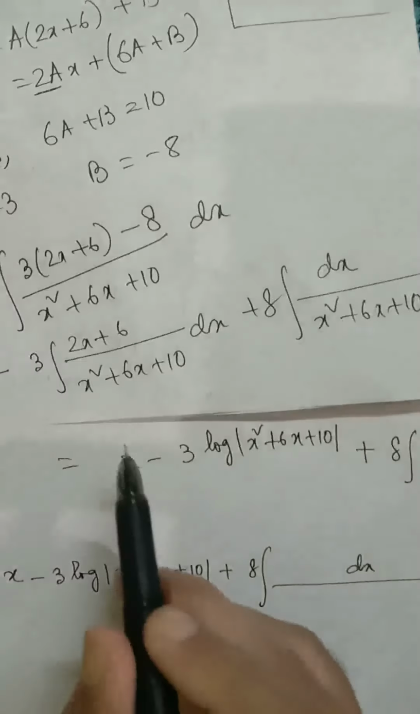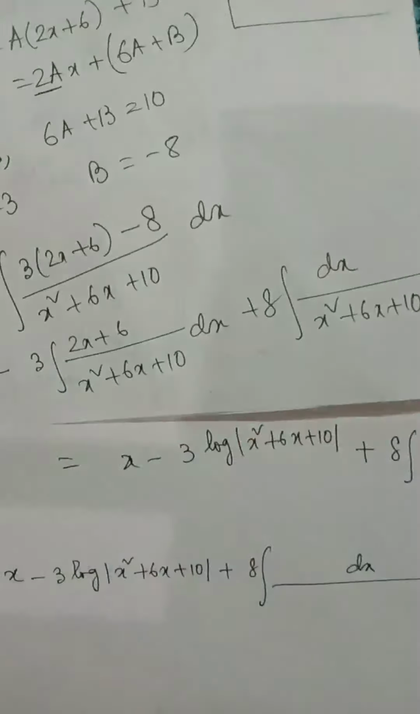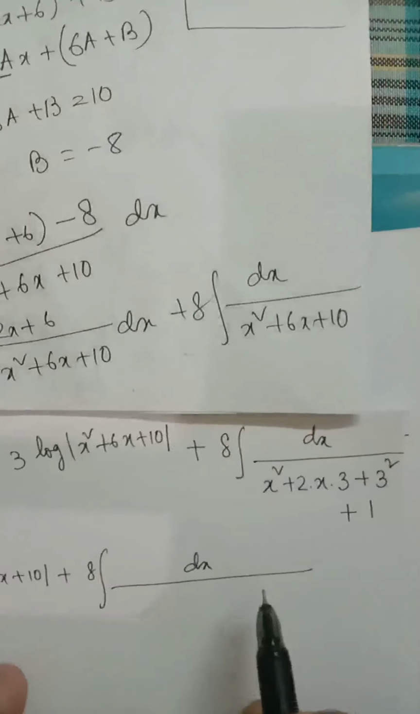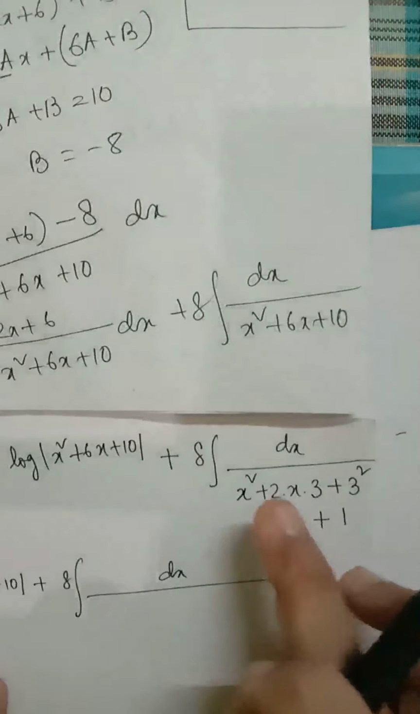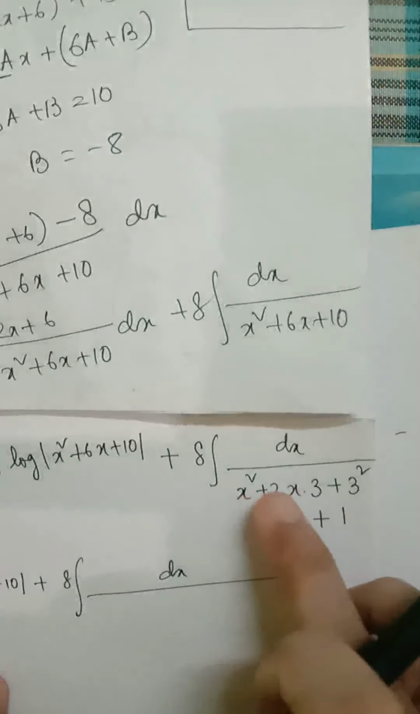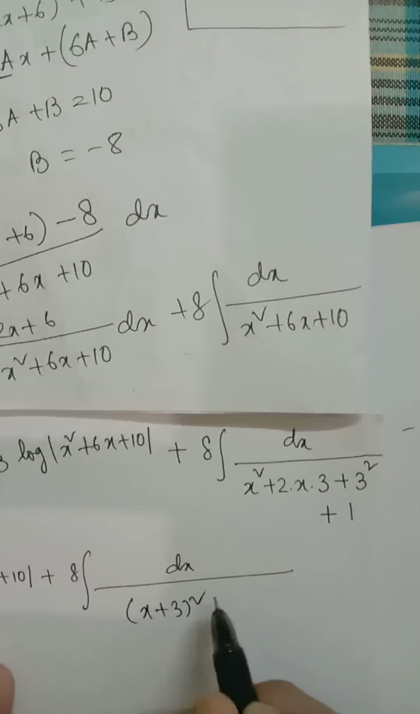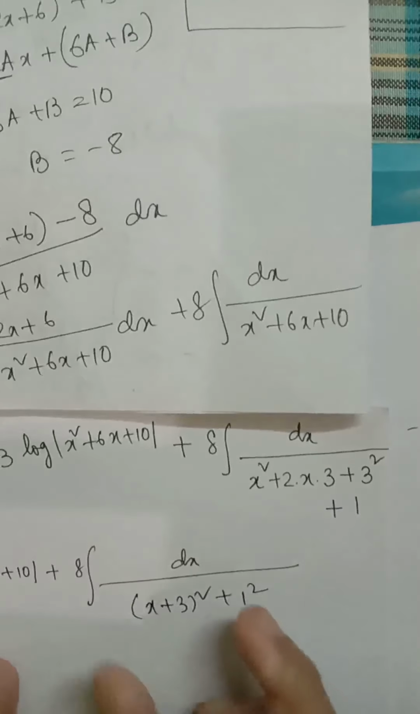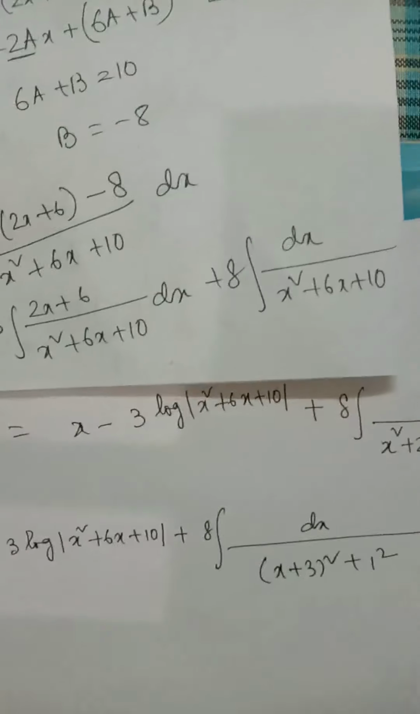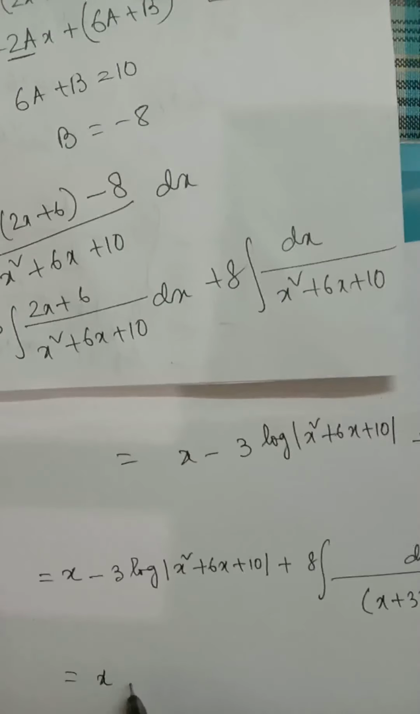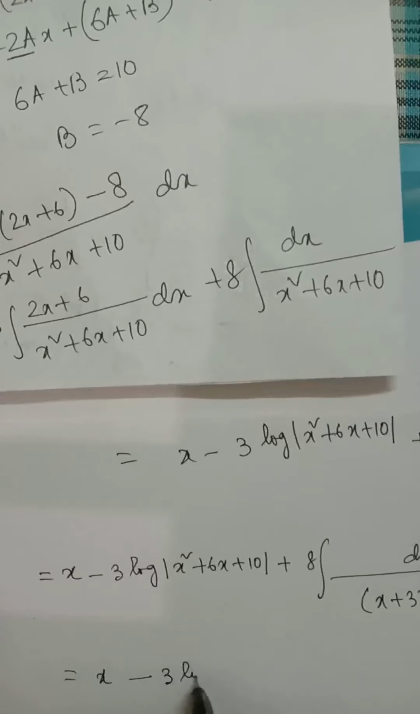And now integration of the first two parts is over. I have written x minus this, and now we have to integrate this part. Now this is of the form a square plus 2ab plus b square, which is (x plus 3) whole square plus 1 square. Now we have to integrate this part only. The rest of the part we have already completed. So it will be x minus 3 log